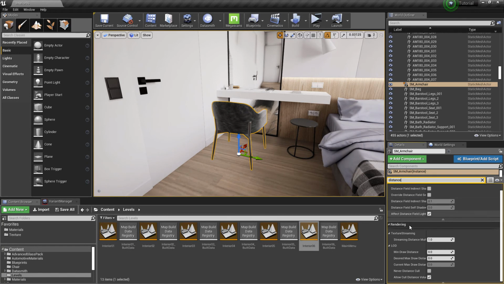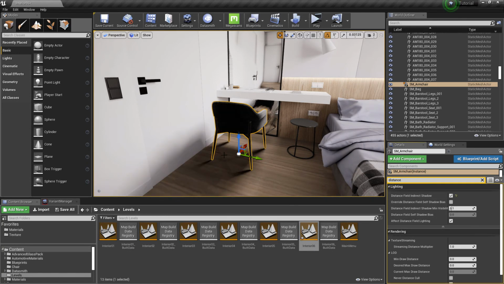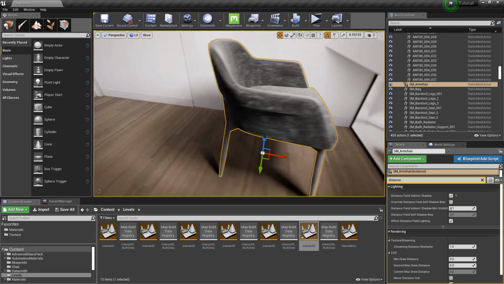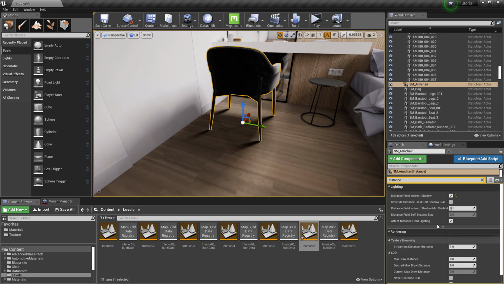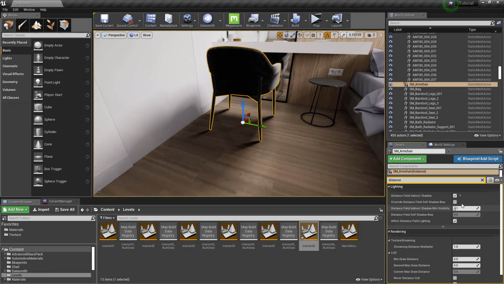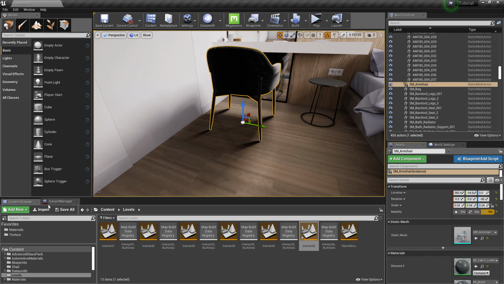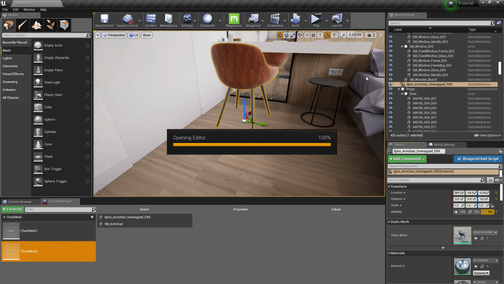Now go to the chair details and search for distance field indirect shadow and enable it. The shadow is here and we can increase or decrease its intensity using this parameter here. Let's enable it for the second chair as well.